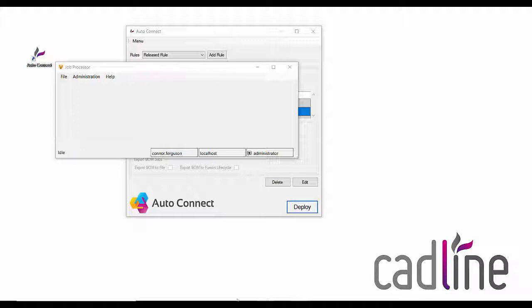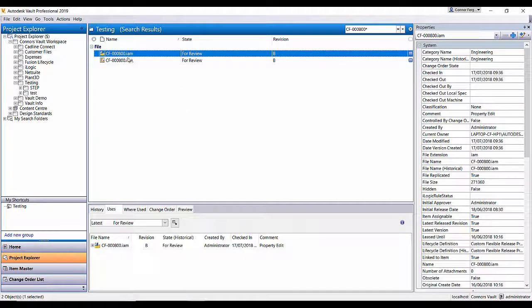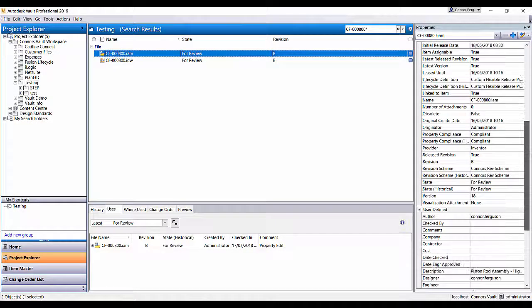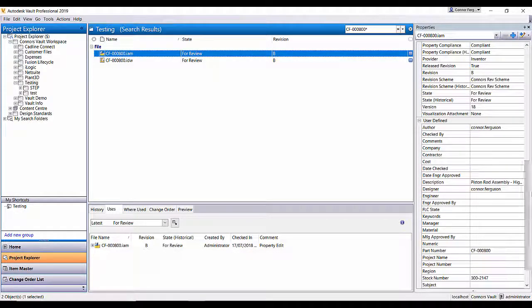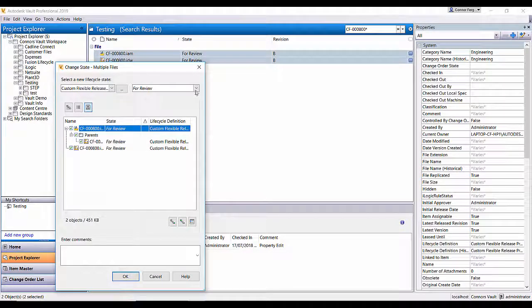If I head over to the Vault client, I've actually got these two files here at the for review state inside of Vault, and if we check the properties, the date engineering approved is currently blank, and the engineering approved by is blank as well. So what I'm going to do is I'm going to change the state of these files to a released state,